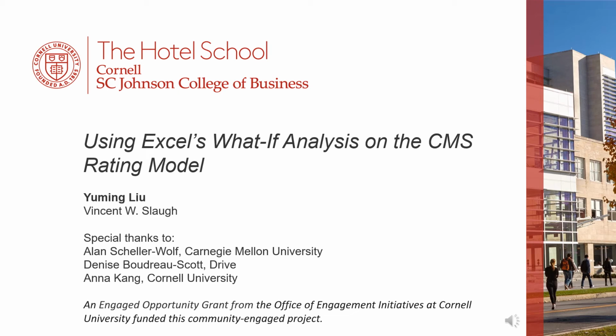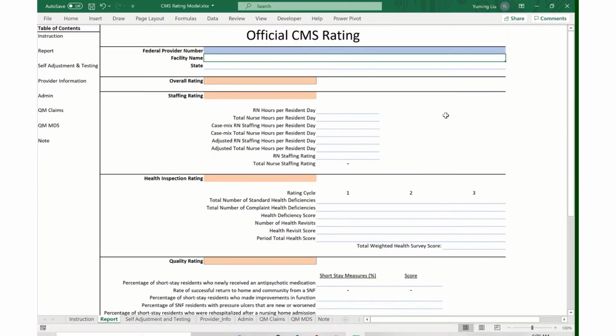In this video, I want to show you how you can use Excel's what-if analysis on the CMS model that we have created to identify potential areas of changes to improve facilities ratings to a desired value. In this video, I will also be using facility 335017 as our example. So first, I will start off by putting in the federal provider number